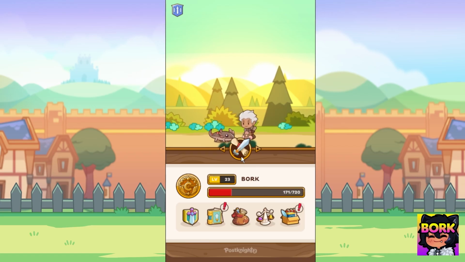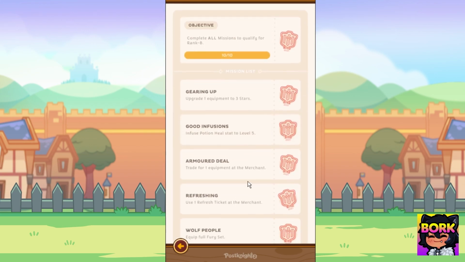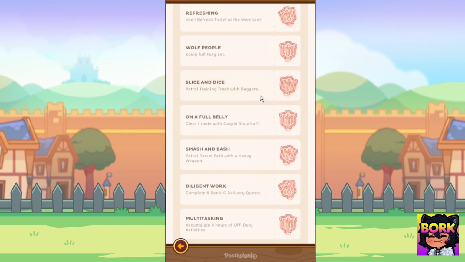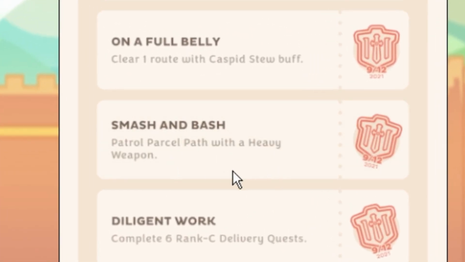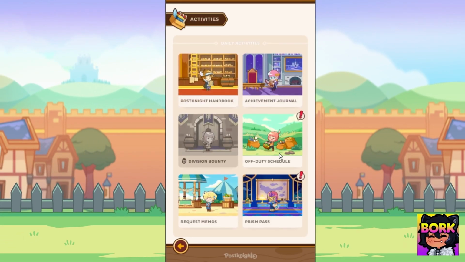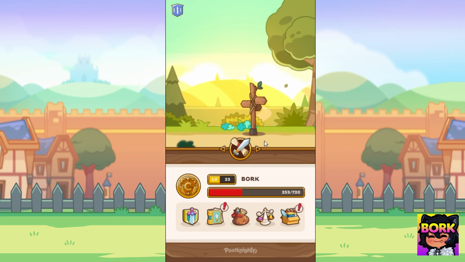So let's go ahead and talk about some other things that are not really showcased in the game as easily. There's going to be the Post Knight's Handbook. This is going to be your go-to thing. Make sure to complete all of these. It's a little bit tricky. Like this patrol parcel path, you need to equip the hammer, and if you actually go to it, just so you guys can see how this works,